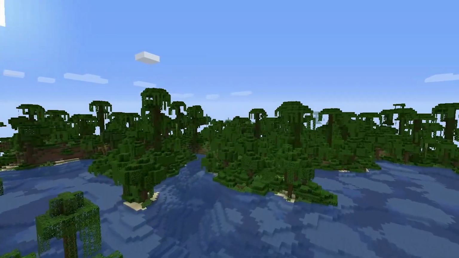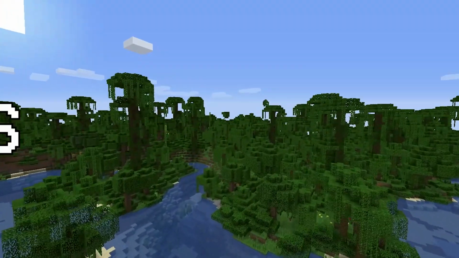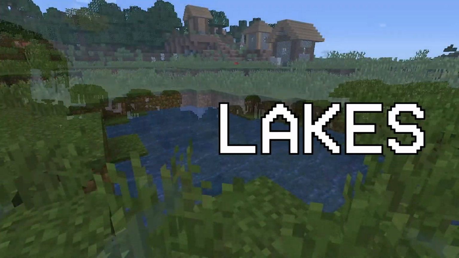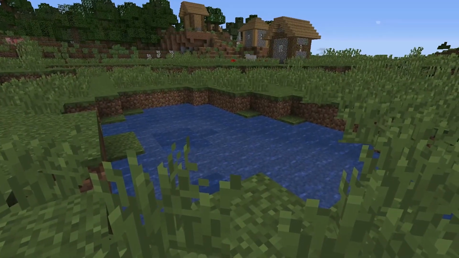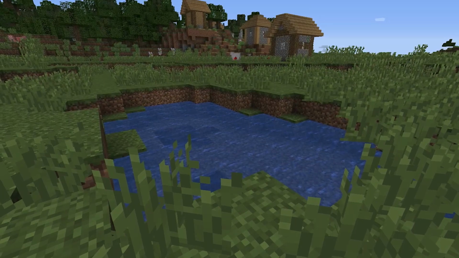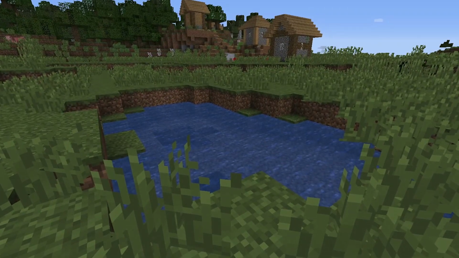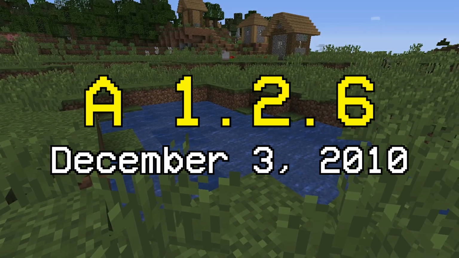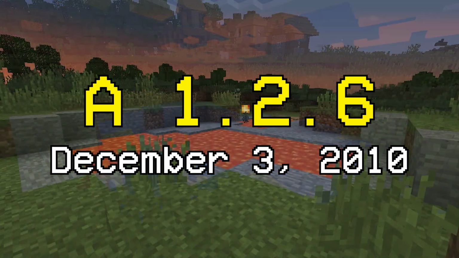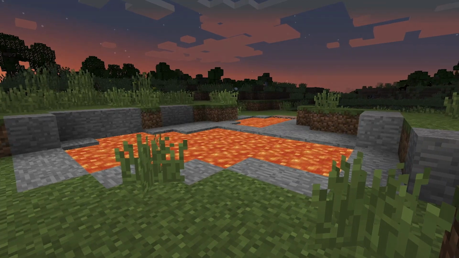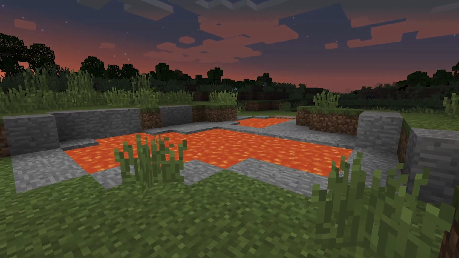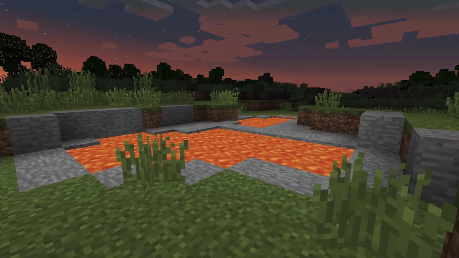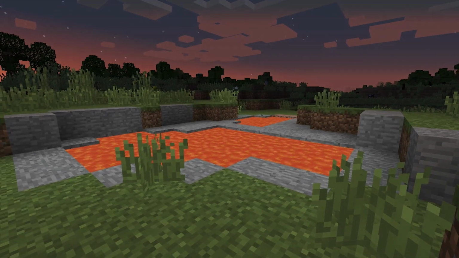A slightly more useful change is the alteration of lakes. For reference, this is what Minecraft considers to be a lake. It's honestly more like a pond, but I'm not here to debate semantics or anything. Anyway, these things first appeared in Alpha 1.2.6, December 3rd, 2010, as both lava and water variants that would spawn in any biome. By necessity, any large span of terrain completely lacking these lakes is probably from a version prior